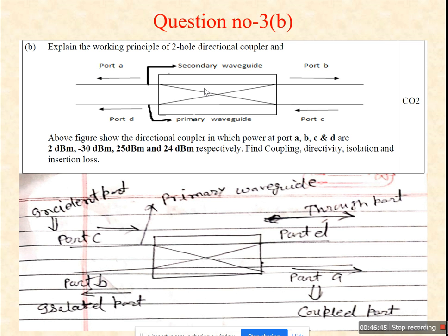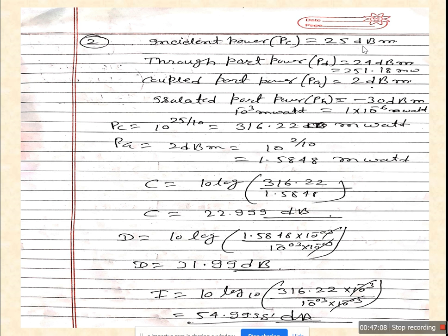This is only given to you to make it a surprise. Most of the students were unable to solve these questions. You can find this question also in an exam. So beware of this. Those who have the concept very clear can easily solve these questions. There is nothing, only these portions, everything is very simple. Now move on. What is the incident port? Throw port, coupled port, isolated port. Do not just